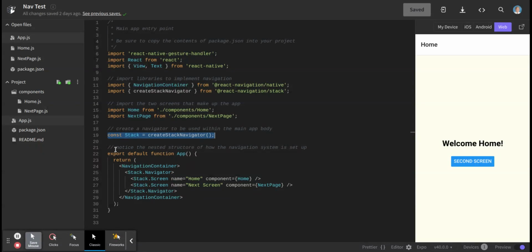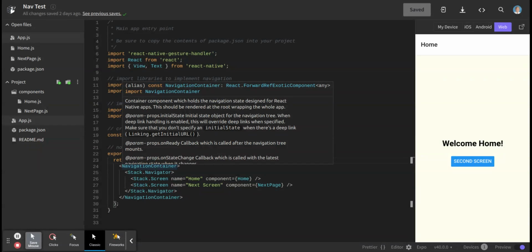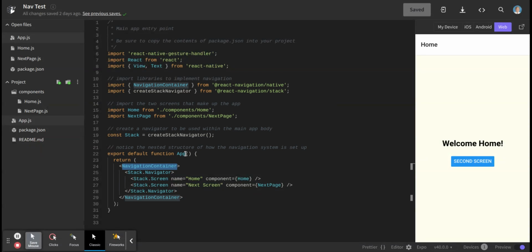Okay, so then we have our main body. Now that's the top, that's the import section. Here's our main body. Now some differences here. Of course, we call it app, and then we have a return statement. But we have some new tags here. We have some new components. So we got that one, navigation container. And then inside navigation container, there's another one called